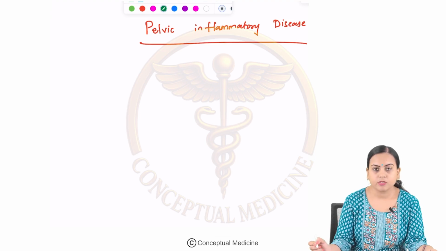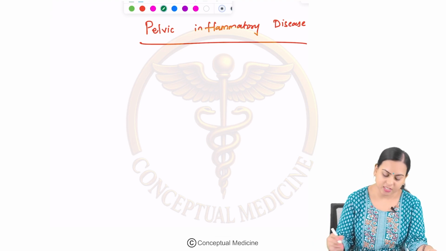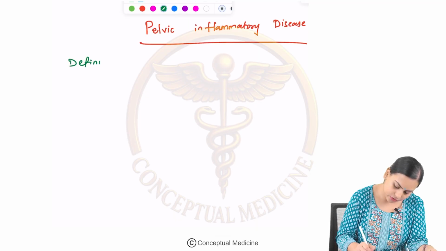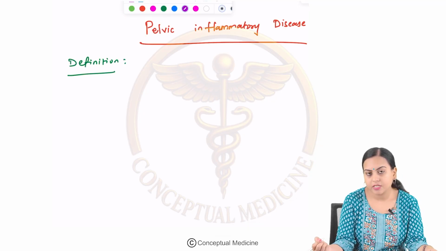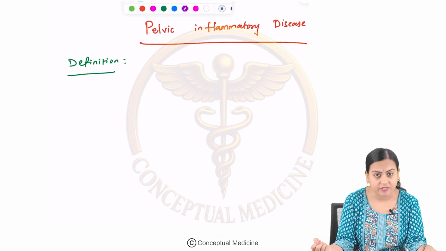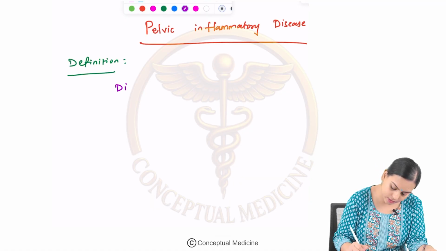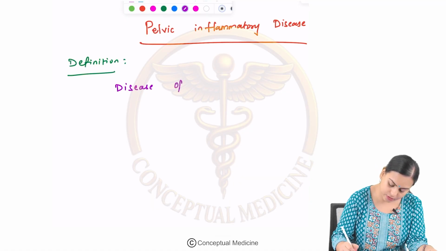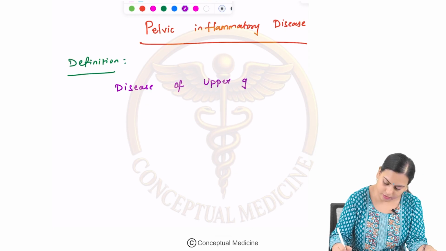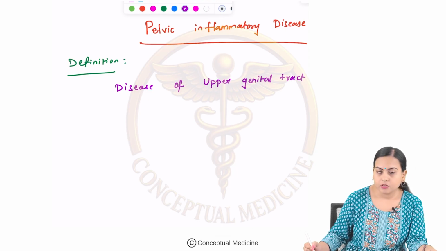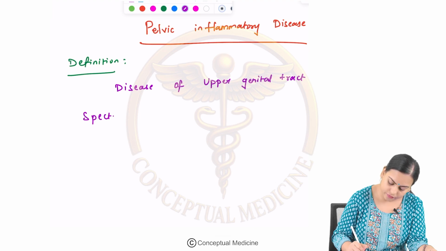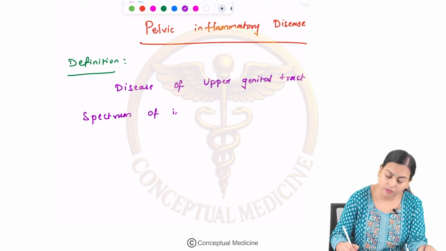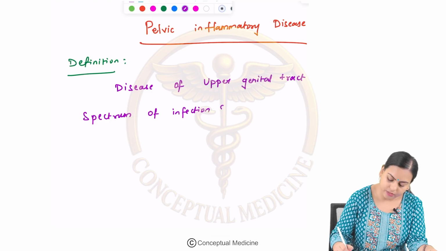Now, let us see the definition of pelvic inflammatory disease first. You have to know that pelvic inflammatory disease is a disease of the upper genital tract. Remember, it is a disease of the upper genital tract. This is a spectrum of infection and